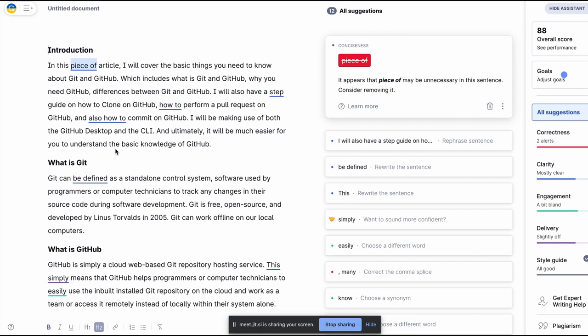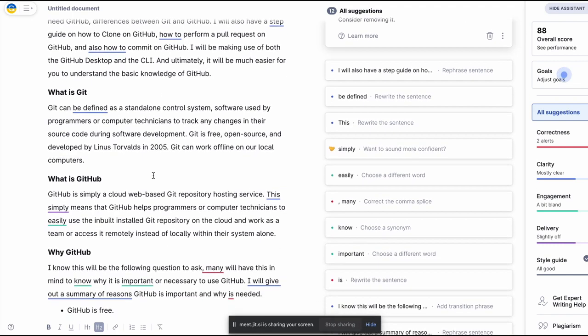So what you said is, in this article, I will cover the basic things you need to know about Git and GitHub, which include what is GitHub and why you need this. I will also have a step guide on how to clone and how to perform, and I'll be making use of both, and ultimately it will be much easier. All right, this sounds good.